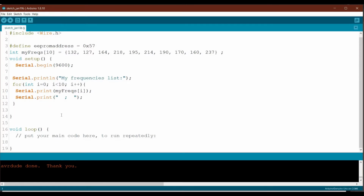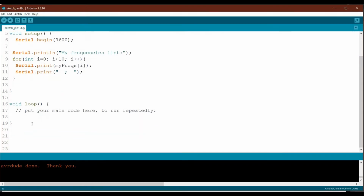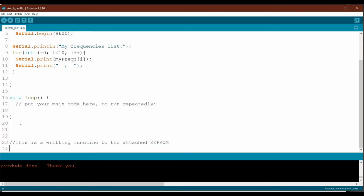So let's do a function here. This is setup and loop. For today, we will not use the loop function. Most of our code will be in the setup. So now we come here. This is a writing function to the attached EEPROM. For sure, this is a writing function, so we will not return anything. It will be a void because we are not returning any data. So void, let's call it EEPROM